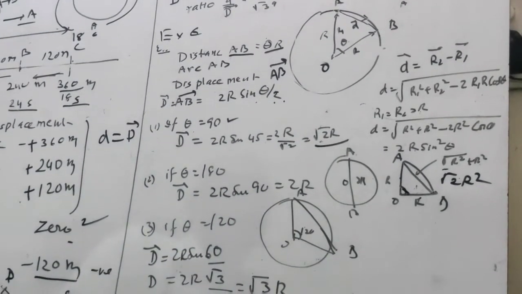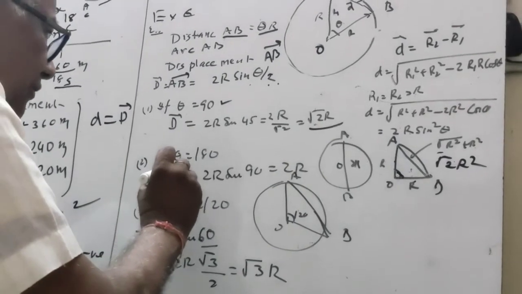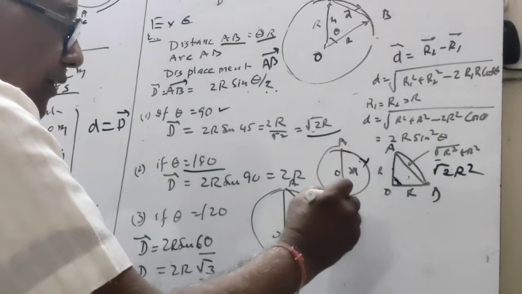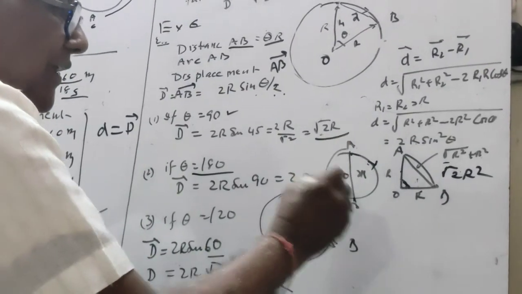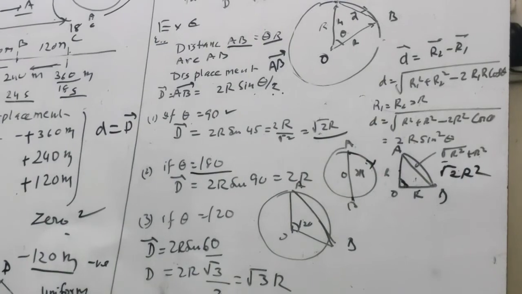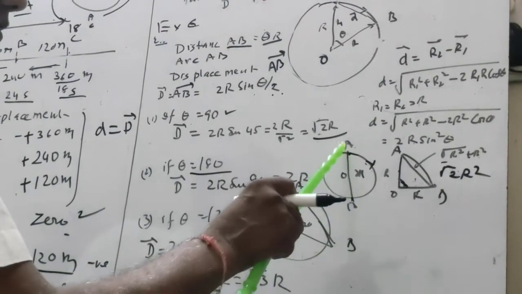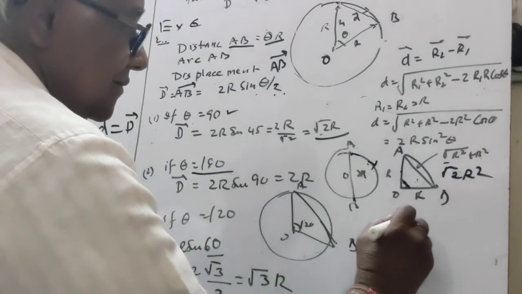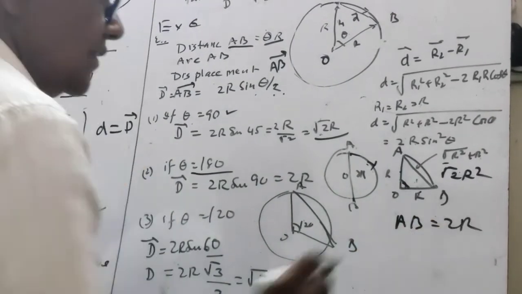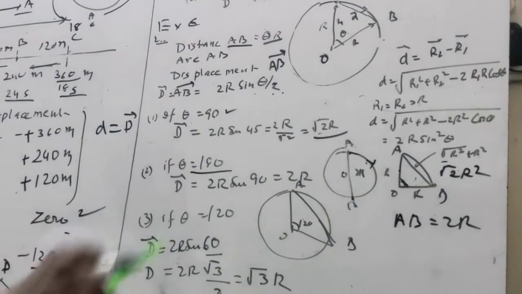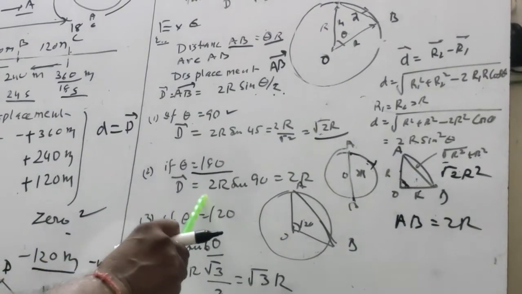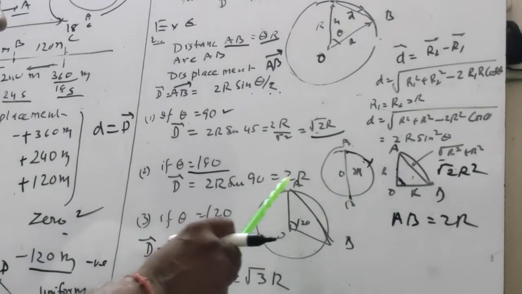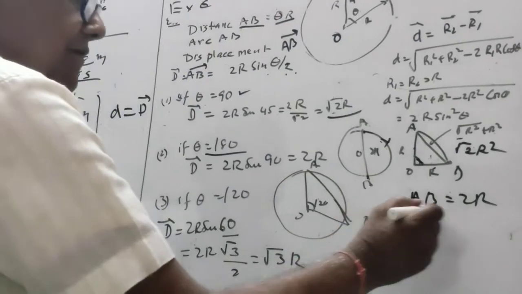So we can find easily. Now if theta is equal to 180, it means it goes from A to B point here. It is the initial point, it is the final point. So what will be D? D will be equal to 2R. This distance AB will be equal to 2R. Now we can find from the relation D is equal to 2R sin theta by 2. Angle is 180, so 90. Sin 90 is 1, so it is equal to 2R. So we can verify it.